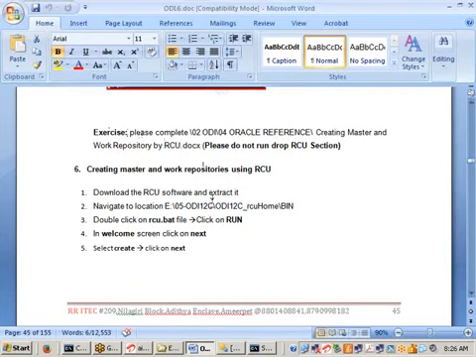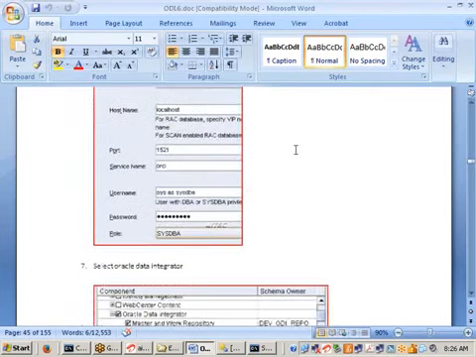You can do that. Whatever you create, the master repository and work repository, we did manually. We can do it using RCU software also, Repository Creation Utility software. I recommend you people go with the manual process. If you do the manual process, you are going to understand what is happening step by step. Okay, let us move on to the next one, that is called